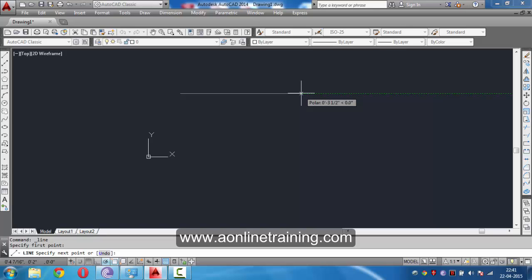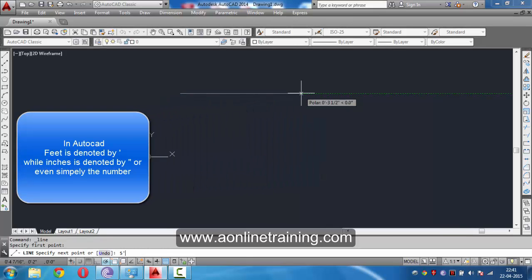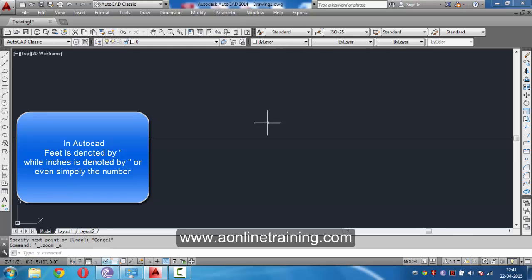Say I want to draw a rectangle whereby my length is 5 feet. Click on 5 feet. My line has gone out of my page, so I am clicking on escape in order to move out of the command. Double scroll in order to get your drawing within your visible limits, and then scroll inwards.